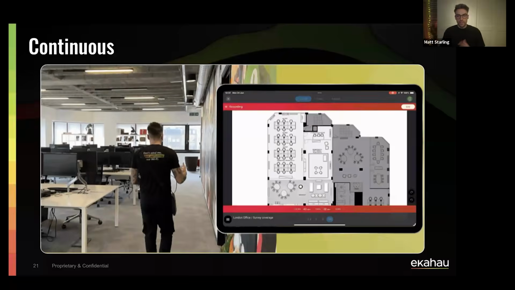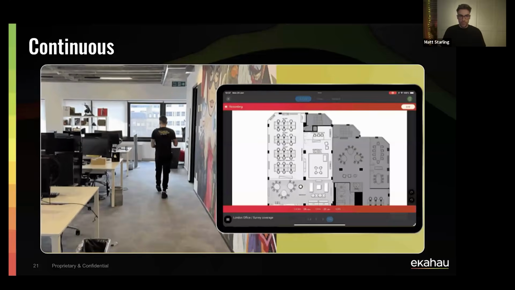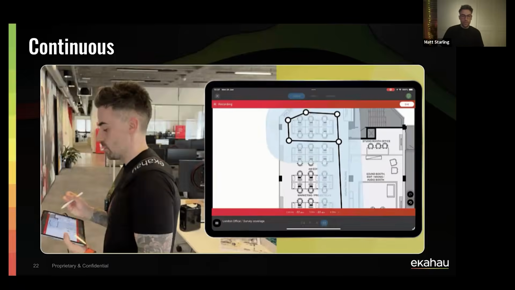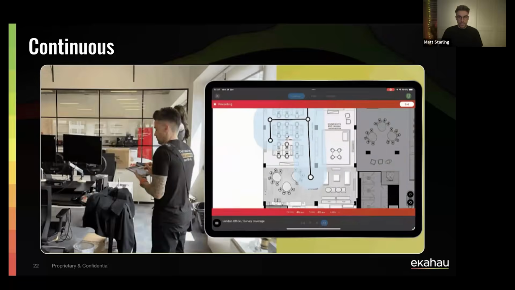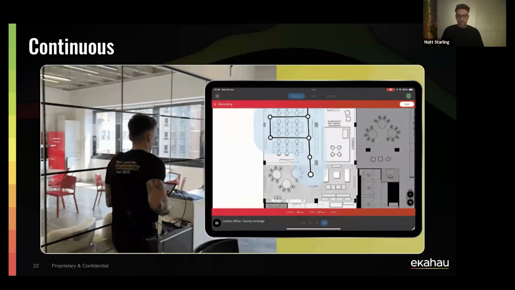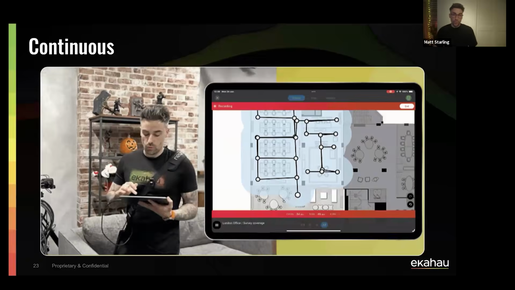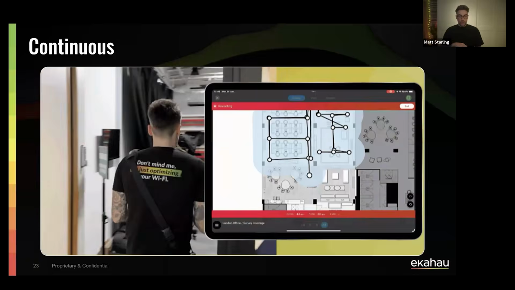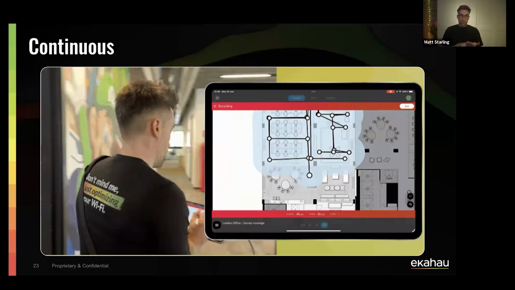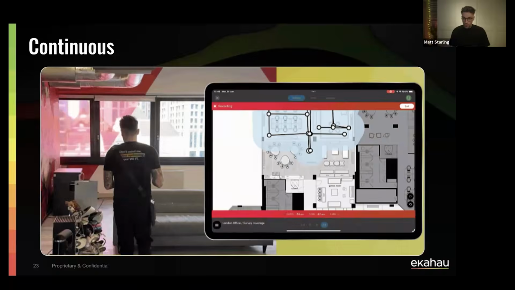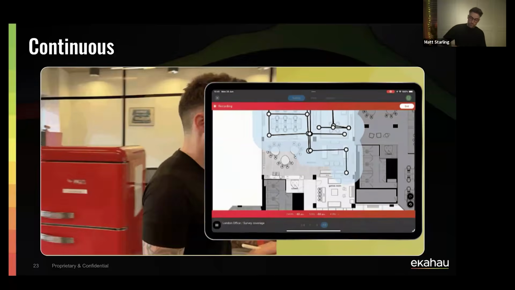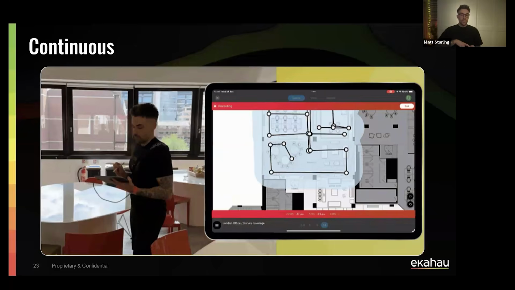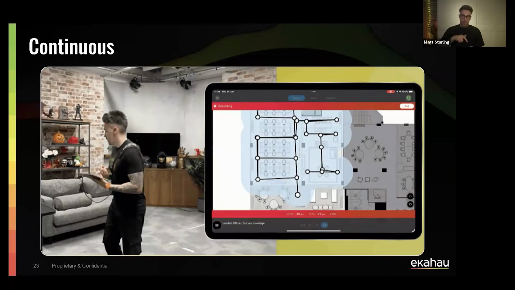But there's a few other things to think about when you're doing a continuous survey, because when you are walking and tapping, you should also think about when you have to change speed. A really nice example is when you have to walk into a locked room and you've got the keys in your pocket. You walk up to the door, you click before the door, and then you get the key out of your pocket, you open the door, push it open, put the keys back in your pocket. Before you then start to walk into the room, you should tap on the location of where you are